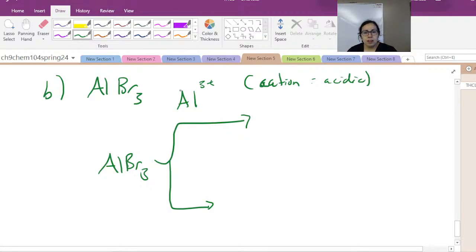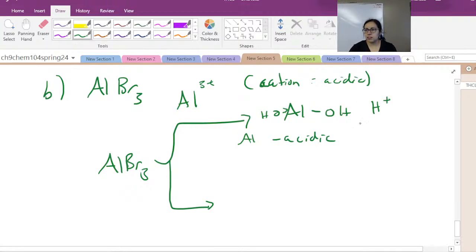And so yes, this is our highly charged metal ion, and these hydroxides can kind of clamp onto aluminum like this. But like I said, we won't go too into it because it's actually more detailed than this, but just know, aluminum is acidic since it binds. What it ends up doing is it binds to the hydroxides, which leaves H+ ions in solution